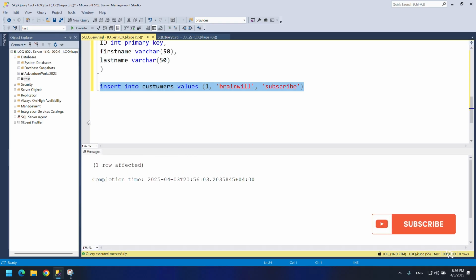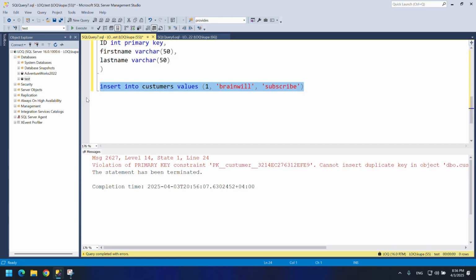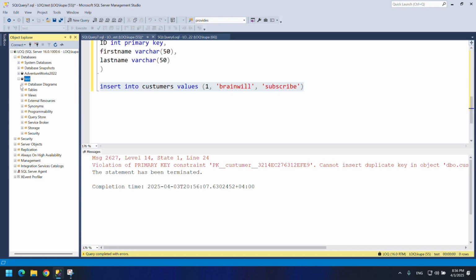So if I execute this one, it will insert something. But if I try to execute once more, it says that there is a violation of the primary key. If you open your table